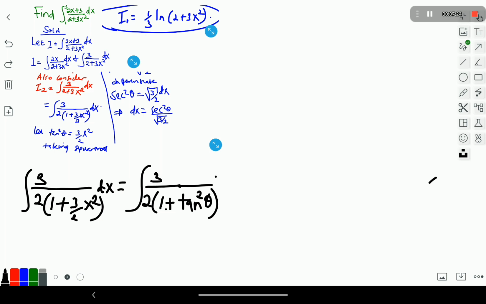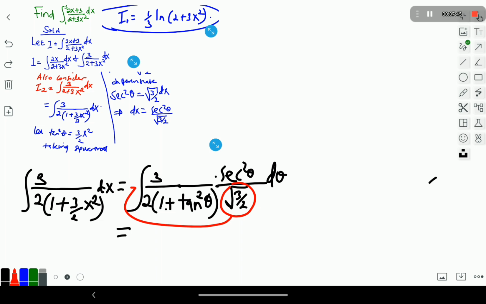Then what was our dx? We got it as sec squared theta, divided by root 3 over 2, then d theta. What do we observe here? We observe that we can put the constants outside. Even root 3 over 2 can go outside as a reciprocal, because it is in the denominator, so we have root 2 over 3. Also 3 over 2 will move outside, then times root 2 over 3, then the integral